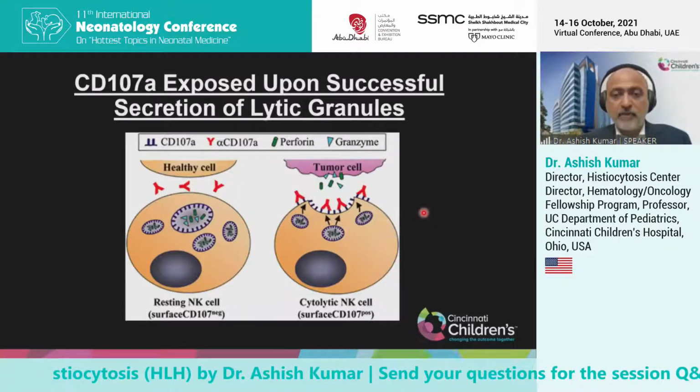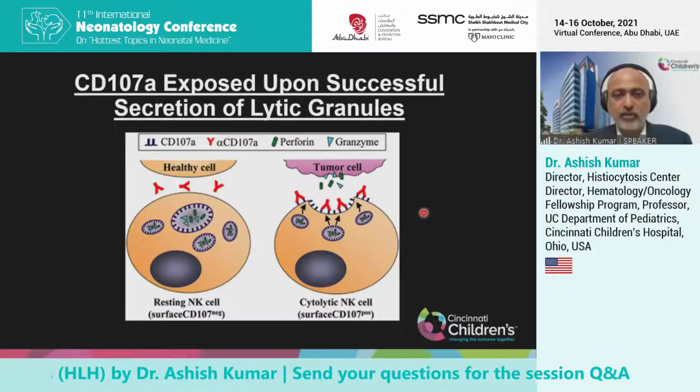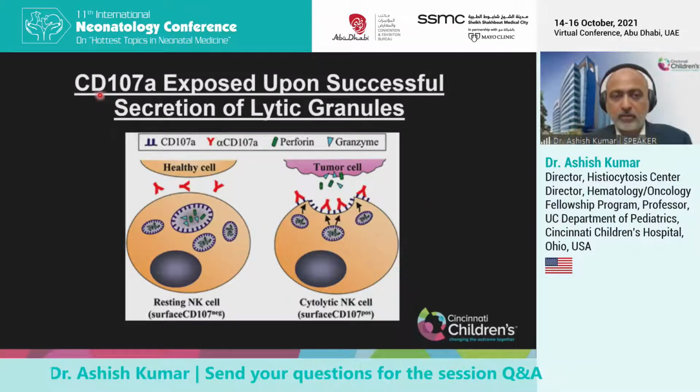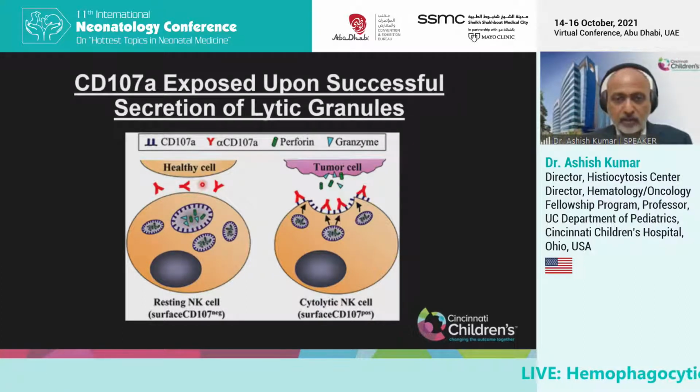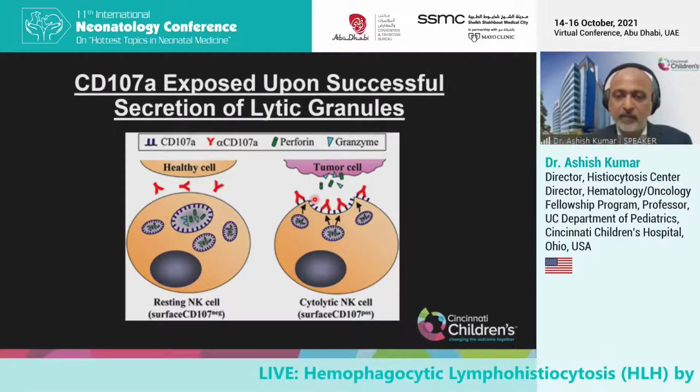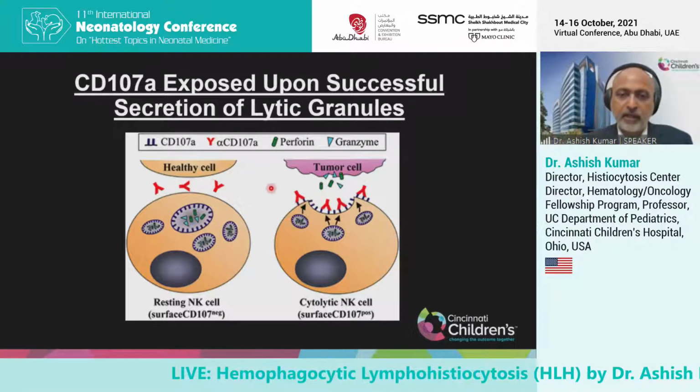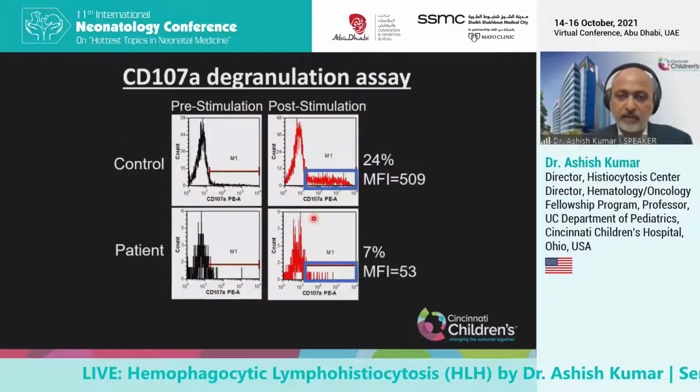And then finally, you can measure the entire lytic granule secretion by this assay, which measures what's called CD107A. And so this is the lytic granule inside the cell. Normally, this protein called CD107A is only present inside the granule. It is not on the cell surface. But when the granule empties its contents in the synapse, CD107A now is exposed, and you can identify that using a fluorescent labeled antibody in flow cytometry, and that can be detected readily here.